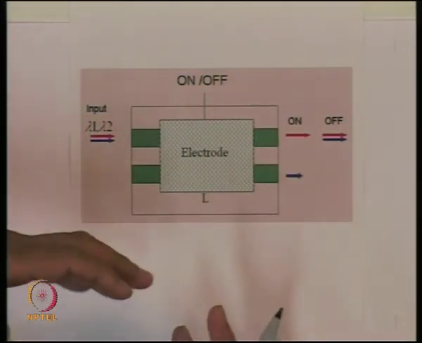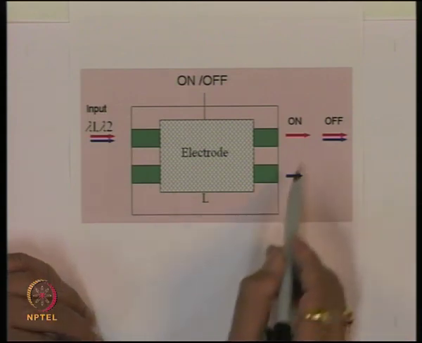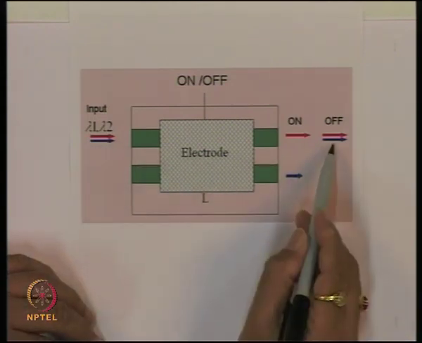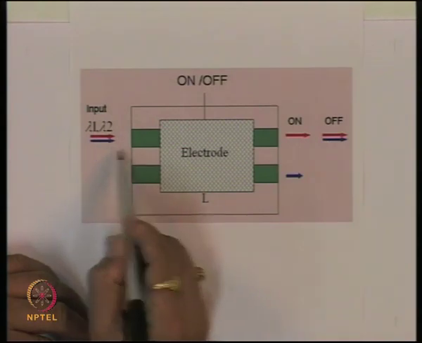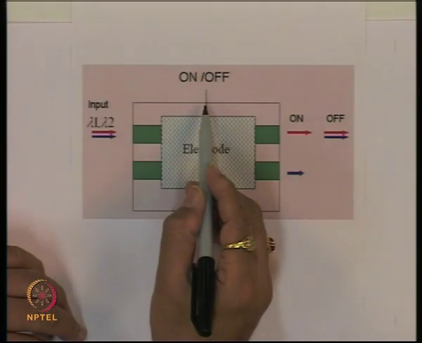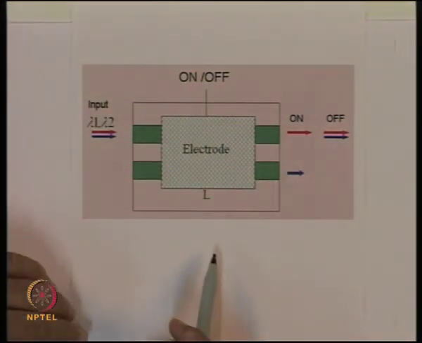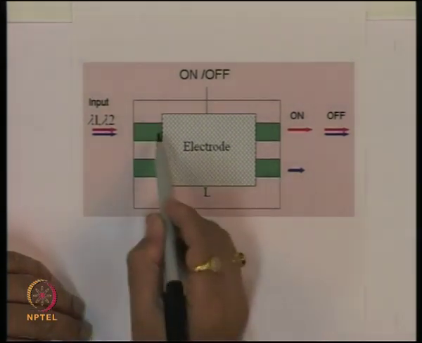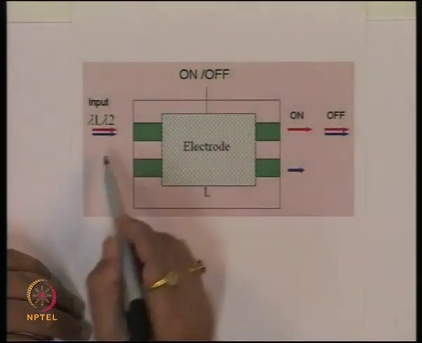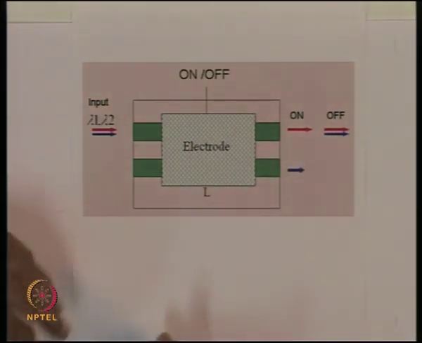We can go further and say if you make this device on the electro-optic material, then I can change the coupling length and then I can either connect the two wavelengths to this port. So for both the wavelengths, this length is even multiple of coupling length, and by applying certain voltage, one of the wavelengths becomes odd multiple, other wavelength it becomes even multiple. So that wavelength will get connected here, and if you don't apply the signal, then both the wavelengths will appear here. So we have created essentially a wavelength